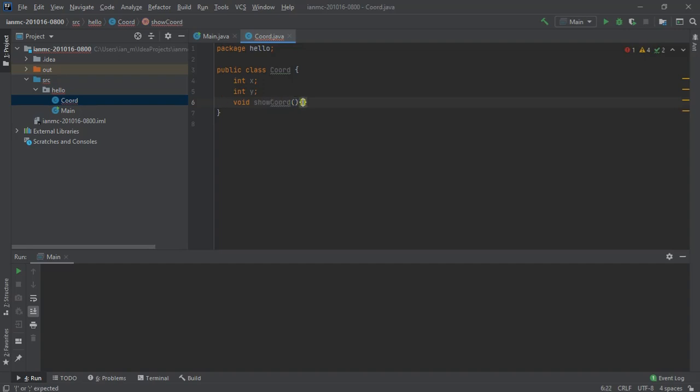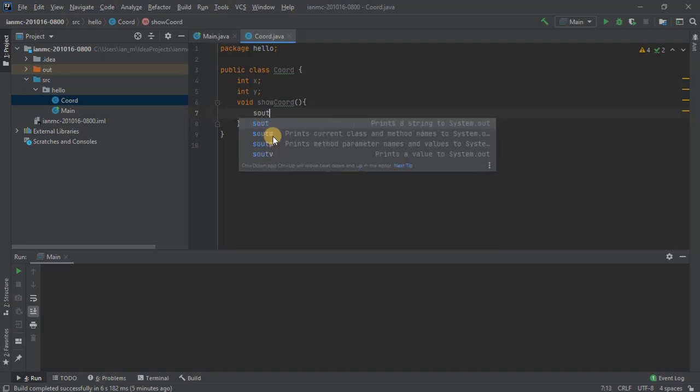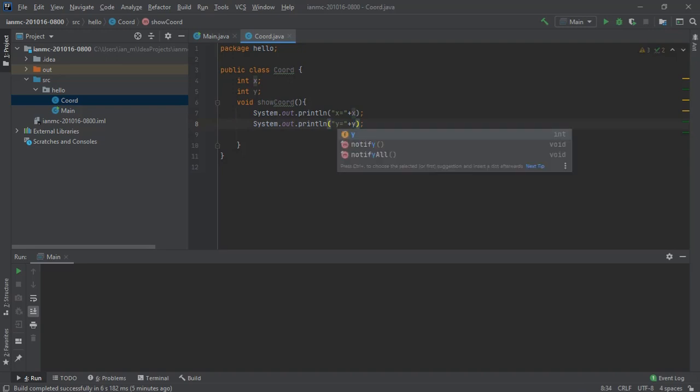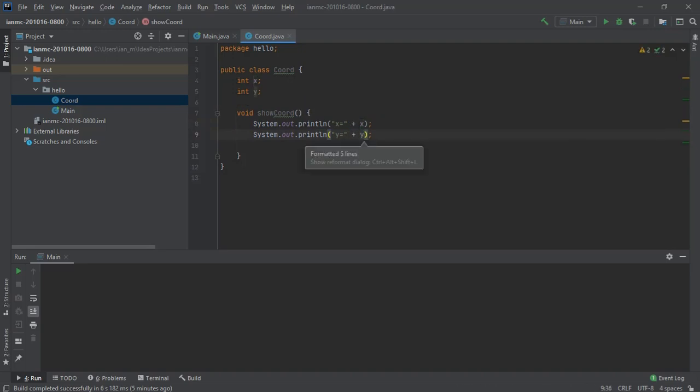So let's just add that, and I'll just do a simple print line x equals x and y equals y, and I should just be able to,